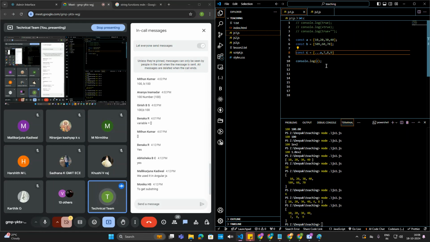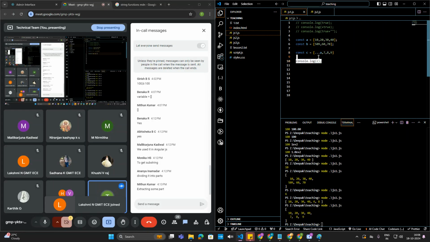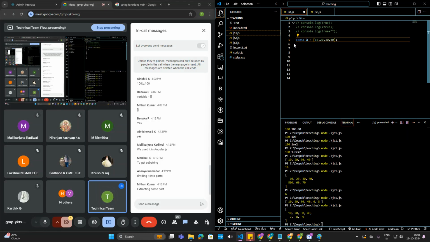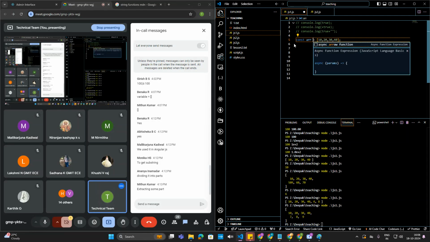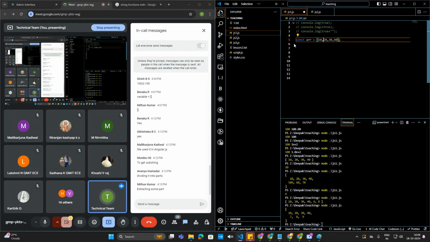So slicing, it is used for, like, getting, like, certain part of the code. Okay, now we'll be. I'll just go with that. Extracting some part, dividing it into parts. Okay. You guys keep responding. I'll just write the code. So yes,